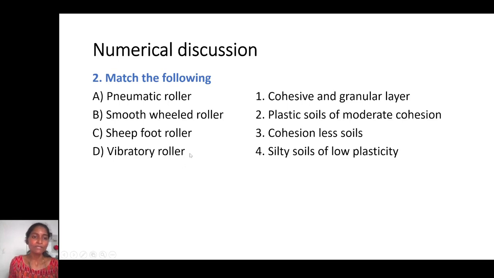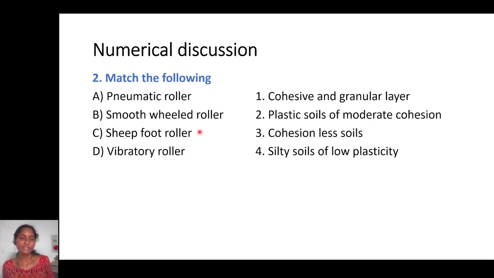We know vibratory roller. I think most of the people might know what vibratory roller will be used for. Vibratory roller will be mostly used, at our homes also, when we have sand or cohesionless soils. Usually we put the vibratory roller, so it will be vibrating and compacting by itself. So we know D is for 3. Vibratory roller is for cohesionless soils. And so when it comes to the pneumatic roller, smooth wheel roller and sheep foot roller,